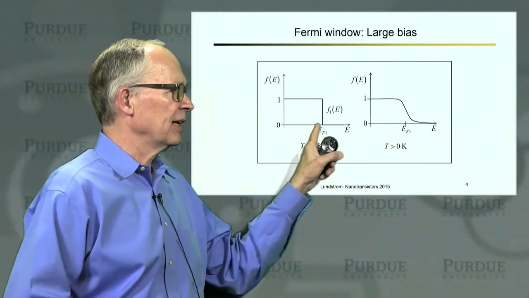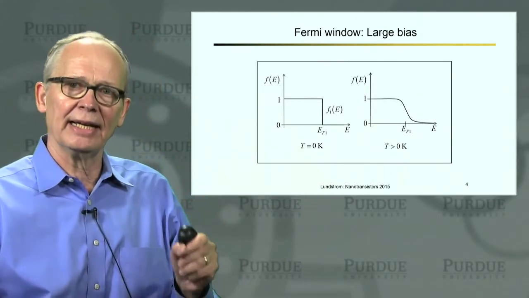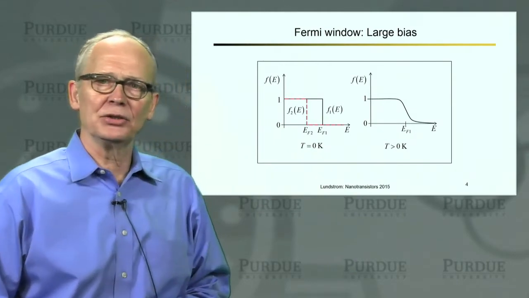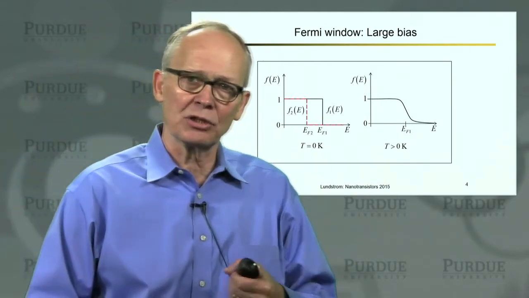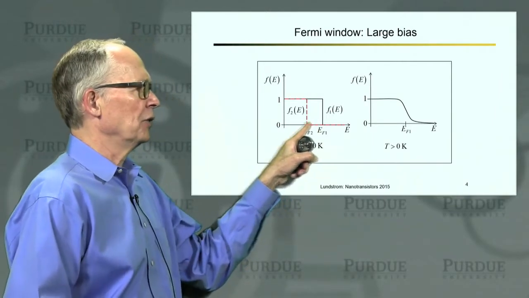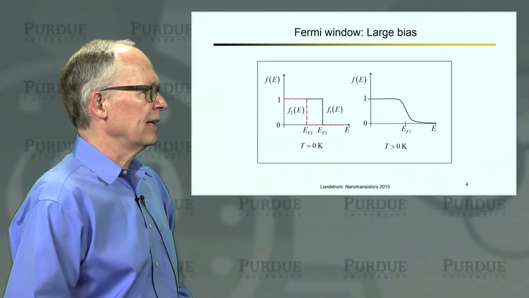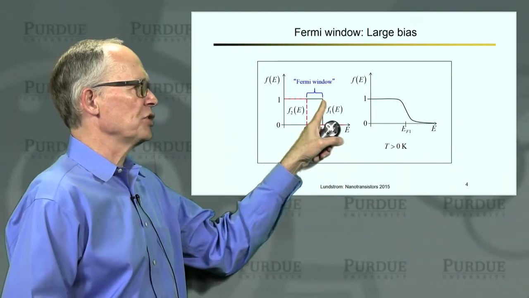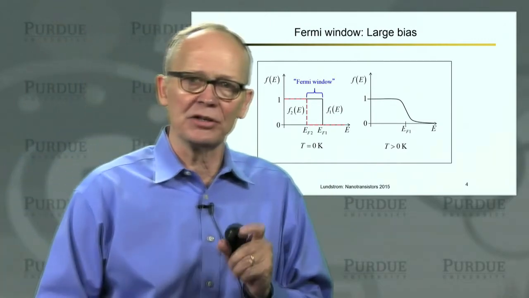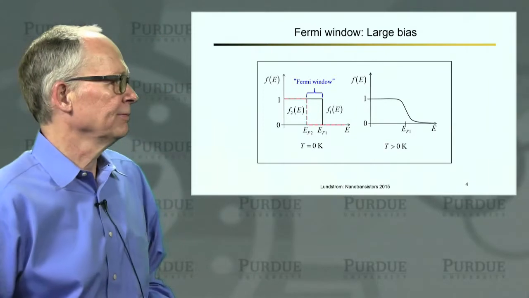Now, if these are the Fermi functions of contact 1 at 0 K and at room temperature, say, then perhaps at contact 2, I have applied a positive voltage and lowered the Fermi energy. If I'm at 0 K, I'll just pull the Fermi energy down at contact 2. Then I'll have a range of energies over which F1 is bigger than F2. That's the range of energies over which current will flow. I would call that the Fermi window.